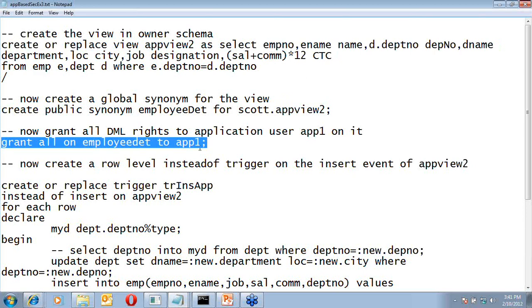If your front end is just willing to retrieve data, then a view may be a good option. If your front end is trying to modify data, then a procedure or a function in the back end will be a good option. Just create a procedure or function and let the application user just have execute privilege. If the front end is trying to retrieve data, then create a view with the restricted rows as well as columns, and grant appropriate rights on the view to the application user. So the view will be restricted to only that.